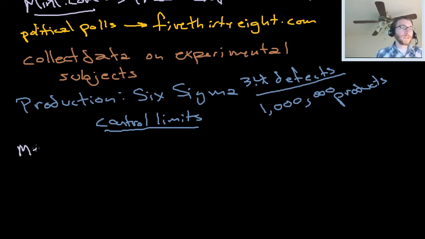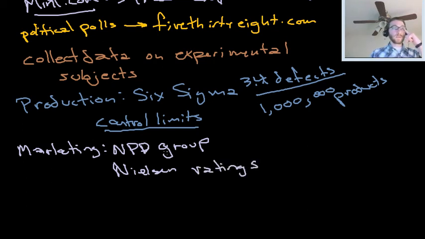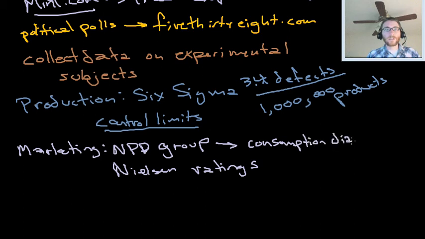In marketing, you need to know if people like a product, right? So in marketing, you have places like the NPD Group. I don't know if you've ever been in an NPD Group or a Nielsen family. Nielsen does the ratings for TV, and what they do is look at just a subset of the population. Somebody I knew worked for the NPD Group, so for a little while we kept consumption diaries. In my family we would write down, what kind of cereal did you eat today? What did you have for lunch? And we'd send that to the NPD Group, and then they could use that in their market analysis. They could target advertisements as a result of that sort of thing. There's a lot they could do.